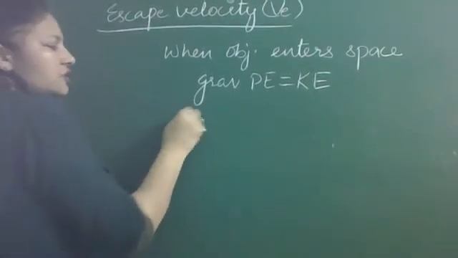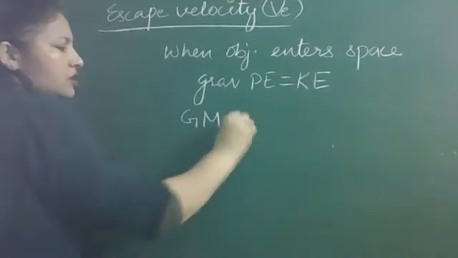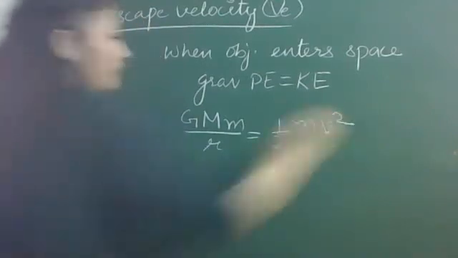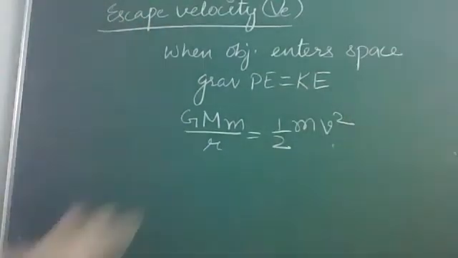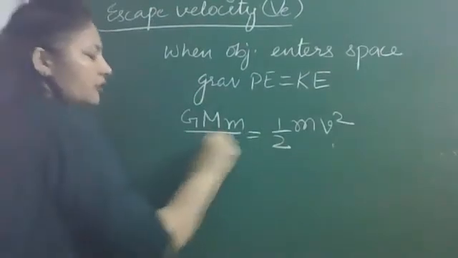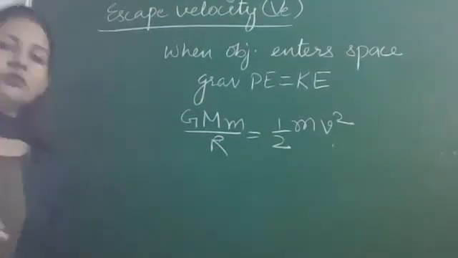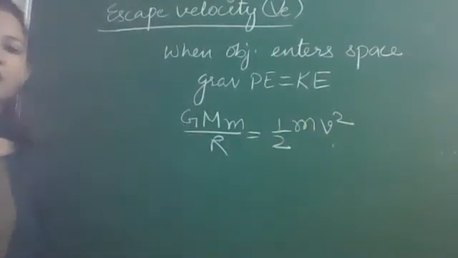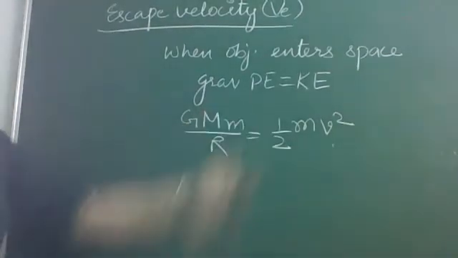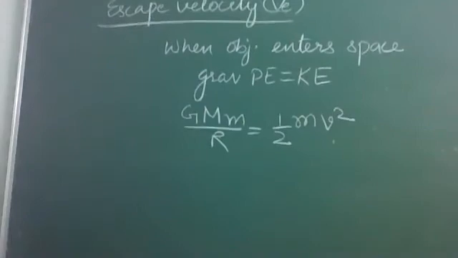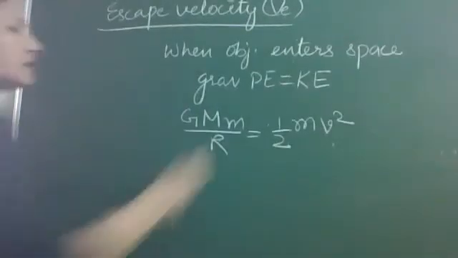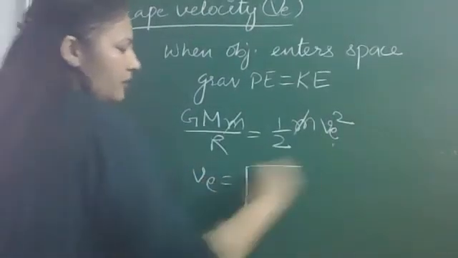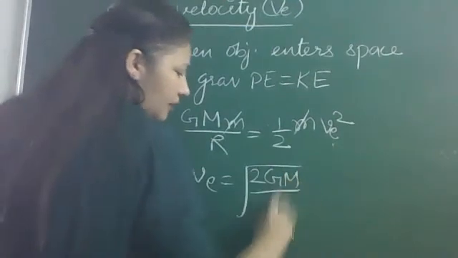That gravitational energy, we had derived the expression, was GMm by R, and kinetic energy is half mv square. This was the radius of Earth, which we denoted by capital R. I told you that we have to drop the negative sign because kinetic energy cannot be negative, so we are dealing only with the magnitude. So what will be the expression for escape velocity from here? m gets cancelled. This is escape velocity VE, so its formula is under root 2GM by R.